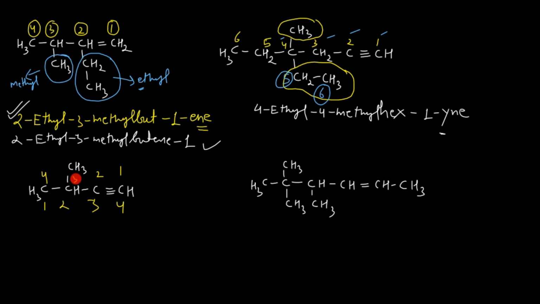But please remember, IUPAC says that when multiple bonds, double bonds and triple bonds, are there, then you will not give the lowest possible number to the prefixes. You will always give the priority to the triple bond. So we will select this chain as the correct chain, and we will not select that chain. Please remember, this is again very, very important. And now you have to write the IUPAC name for this particular compound. At position number 3, you are having a side chain. So you will write